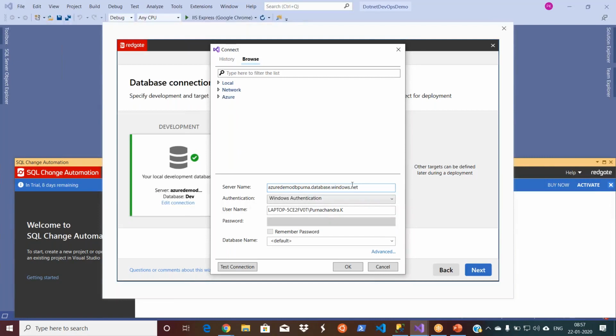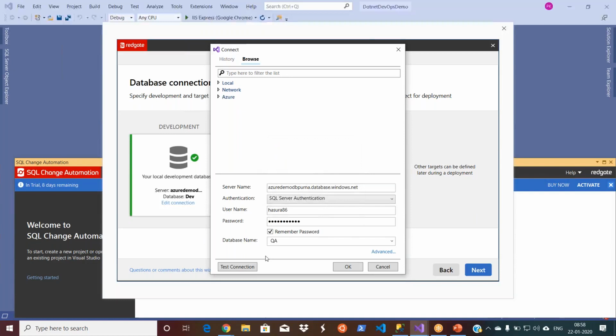This is the server name, and not Windows authentication, the SQL Server authentication. Then let me select the database, QA. Okay, let's test connection.